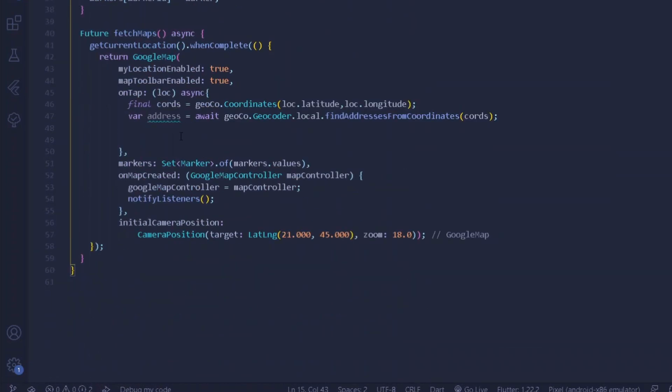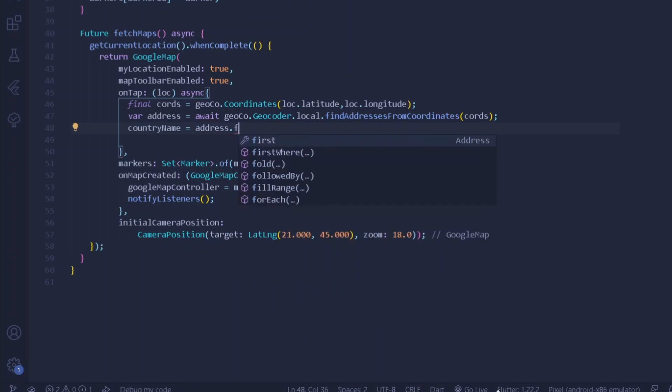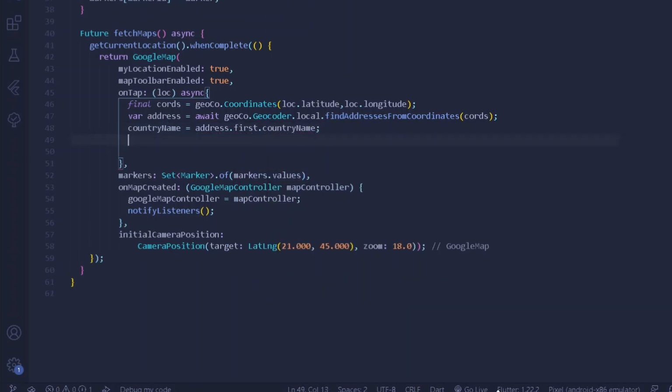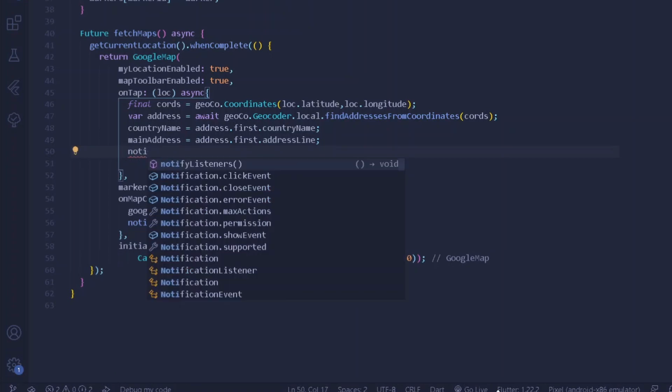So once we have done these things, we can come down here, and here I can simply add country name to be equal to address dot first. From this, let's have a country name. After having this, let's have a main address. The main address shall be from the address, first, for address line, let's notify all the listeners.